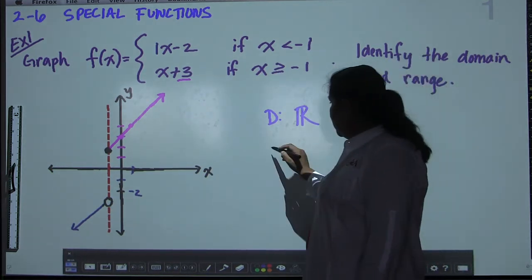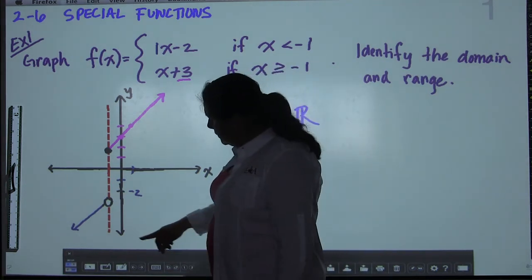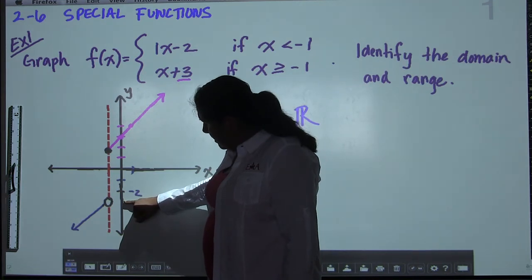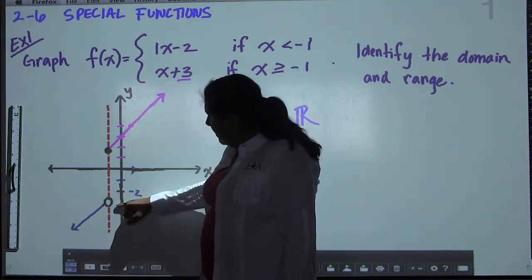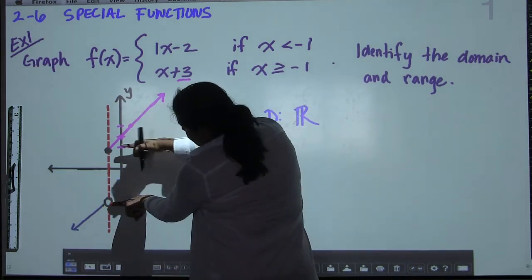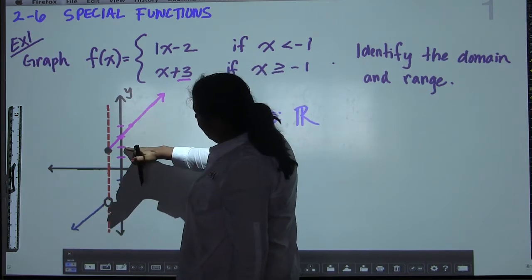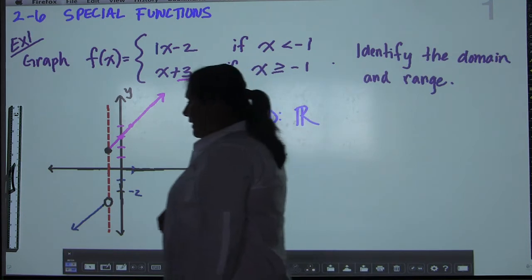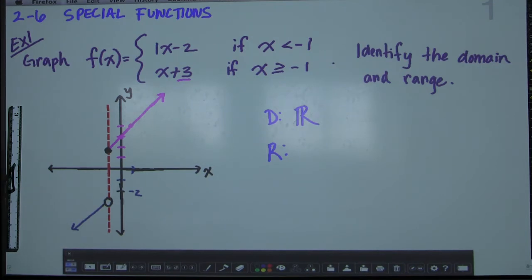And then for our range, where are our possible y values? You can see that our y values are starting right about here at -3 and then go down. From here down, you have y values. But in between here and here, there are no y values. So then we have the y value starting at 2 and then going onward. So we're going to write that for our range of this particular function, it's going to be